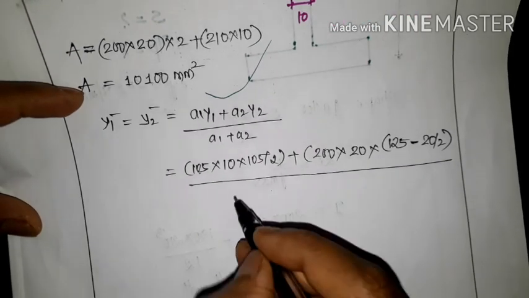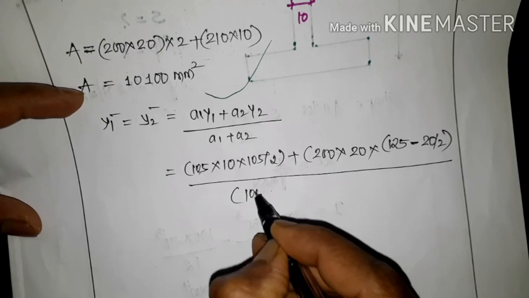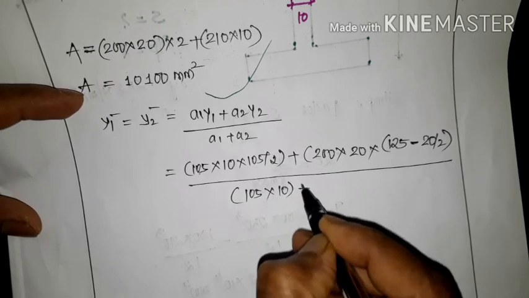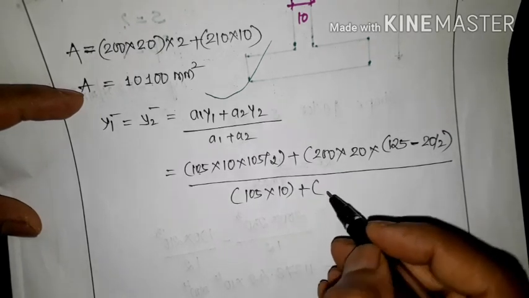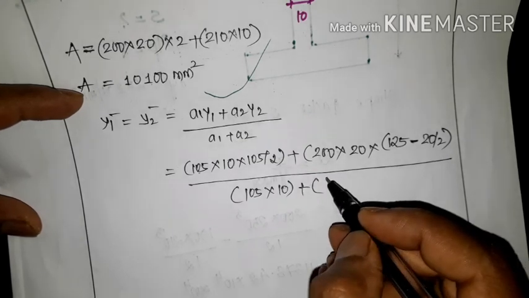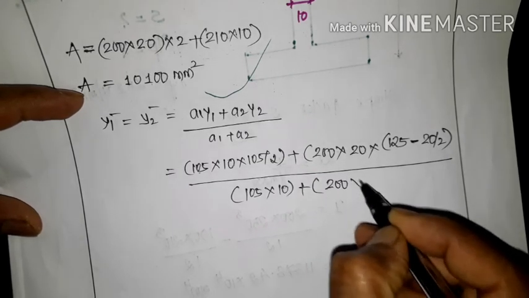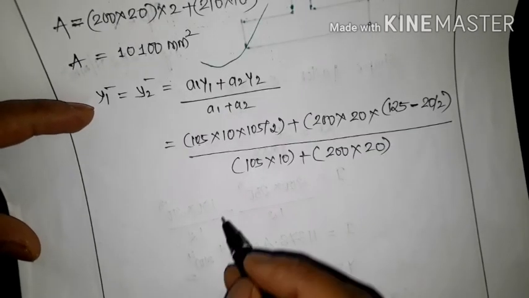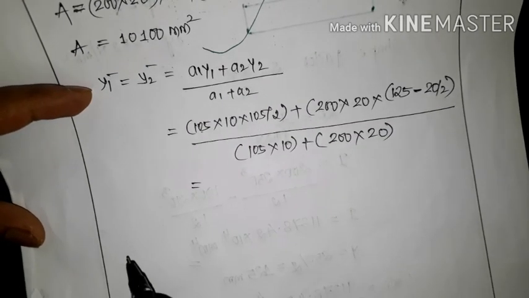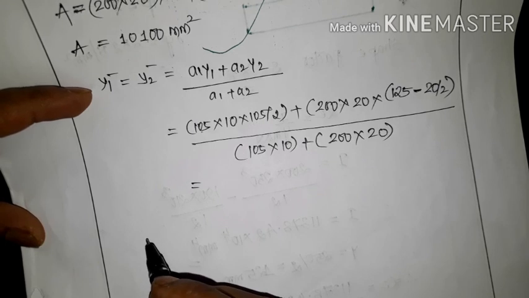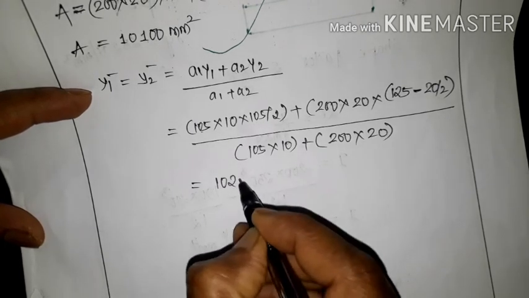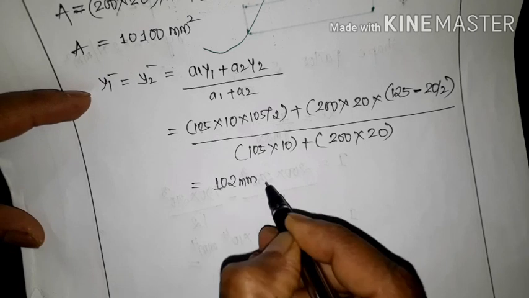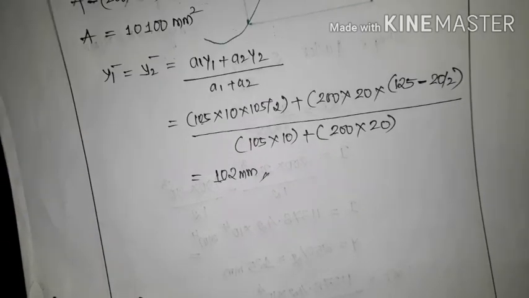a1 and a2. So a1 is 105 into 10 plus a2 is 200 into 20. So we will get y1 bar and y2 bar as 102 mm. It is 102 mm. Okay, so therefore